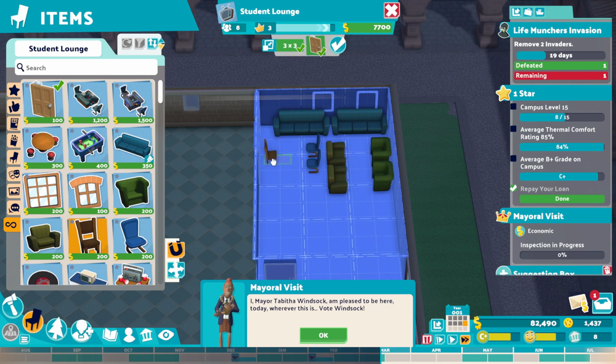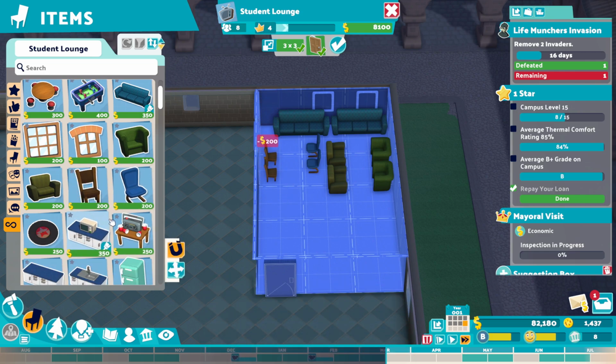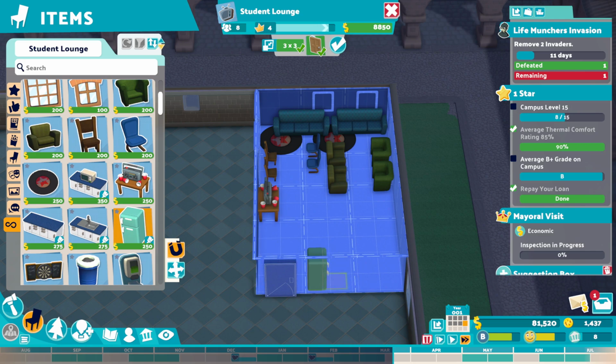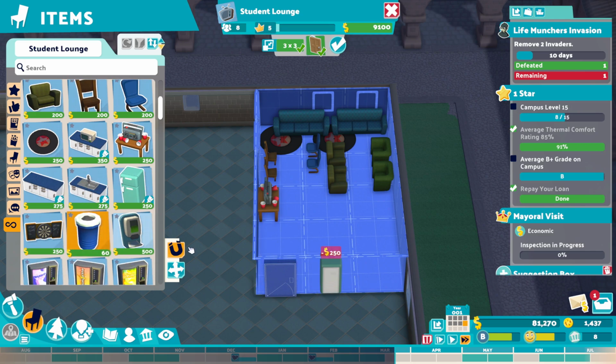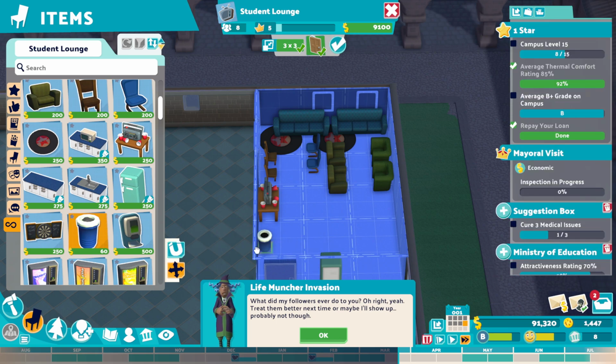I just want to pack a lot of stuff in a small room. A lot of cheap stuff in a small room. And we want to get that prestige level up. That is the name of the game. Cheap, high prestige,